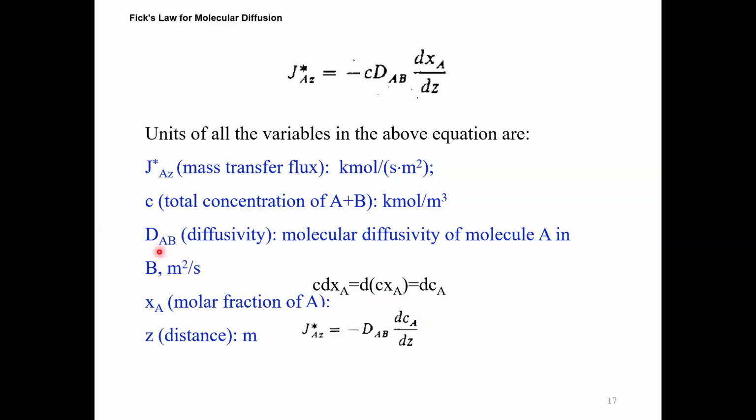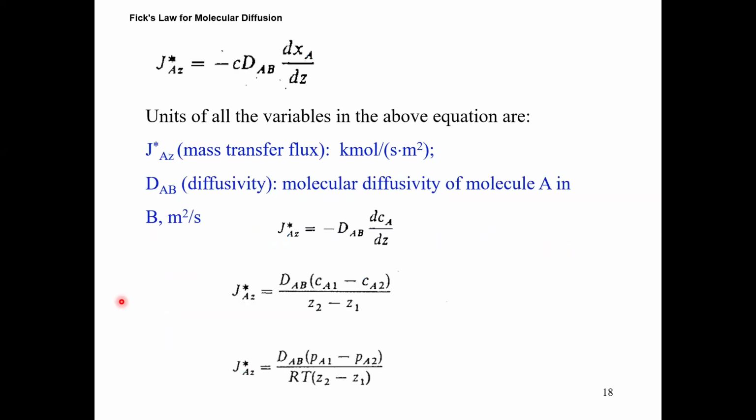So when you say D_AB, it provides the molecular diffusivity of species A in species B. And across 2 points, how would you estimate the molecular diffusion flux? Like we did for the case of heat transfer via conduction across a flat plate, you will integrate this equation across 2 points 1 and 2, where the concentration is known as C_A1 and C_A2,